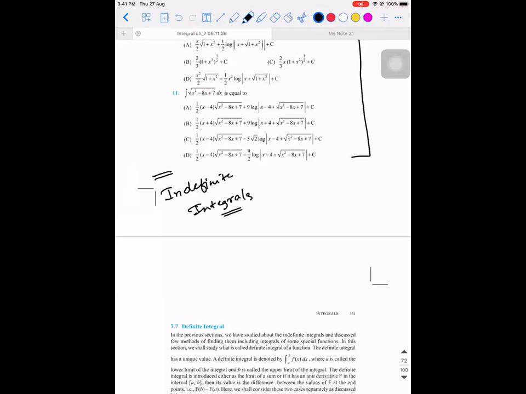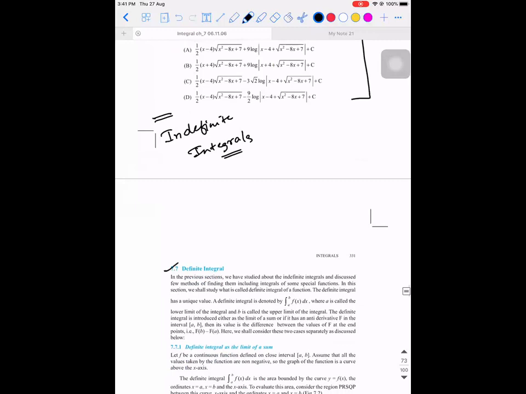The next part that is left is obviously the definite integral. So what is the difference? I told you in the first class. What is the difference between an indefinite and a definite integral? It is the limits, right? For a definite integral, you will have a set of limits. For example, you will write it like integral from a to b of f of x dx. If you write something like this, this is a definite integral.